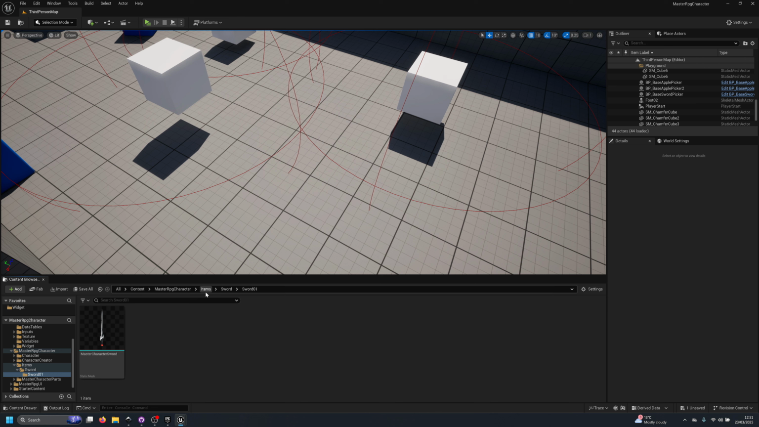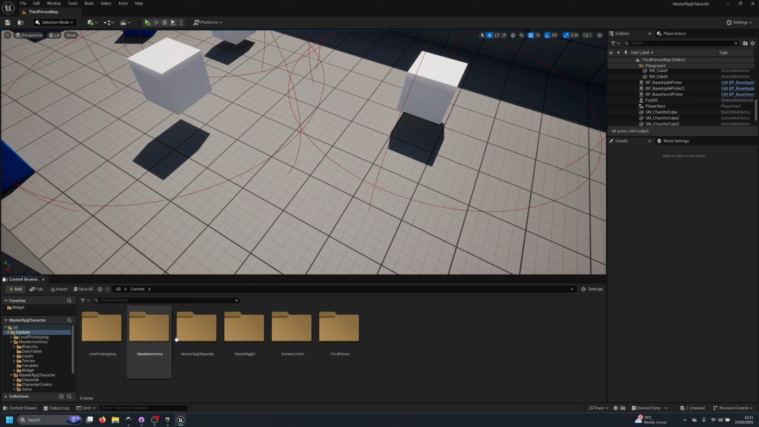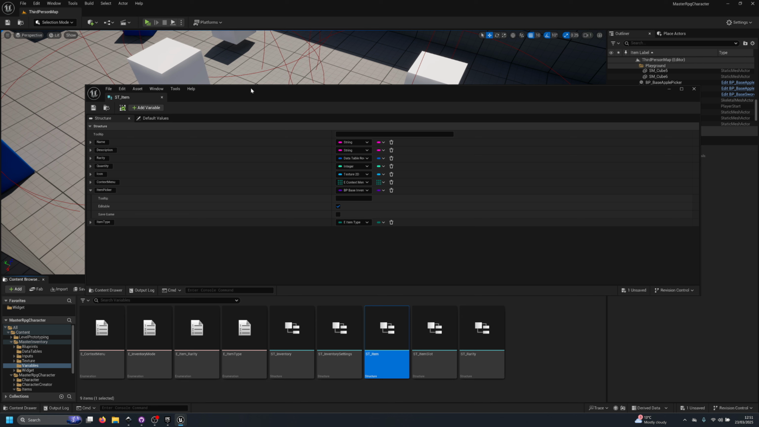So what I'm going to do here is that on the master RPG, there's one more thing that we have to change. If I go back here to the master inventory, we are going to go back to the variables. We're going to open up the st item. And what we want to do here is add a new variable. And this is going to be called the equip